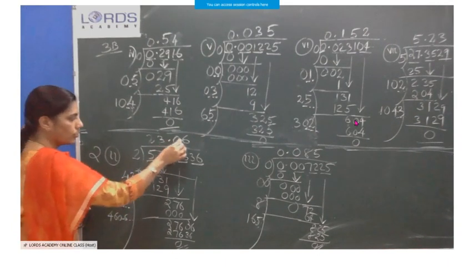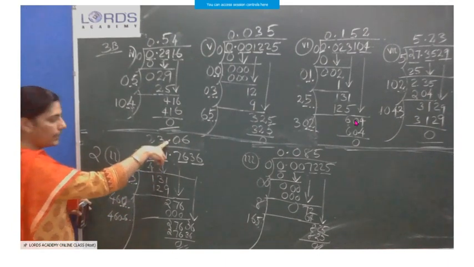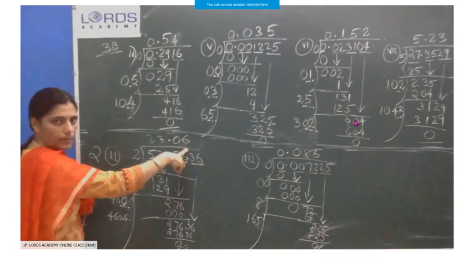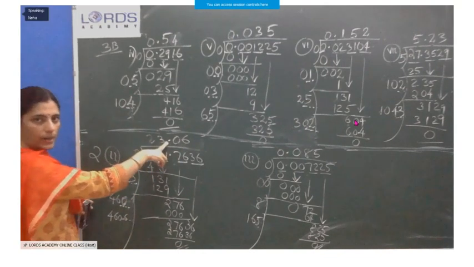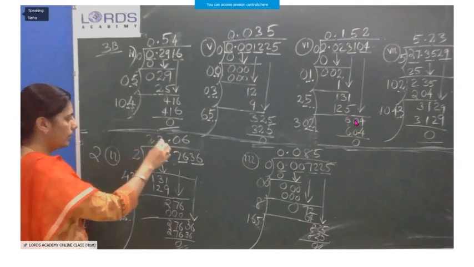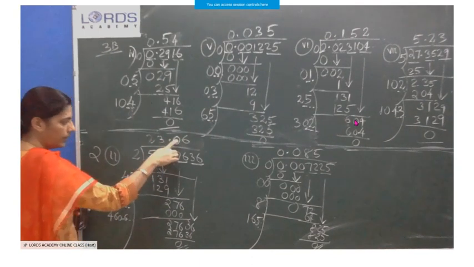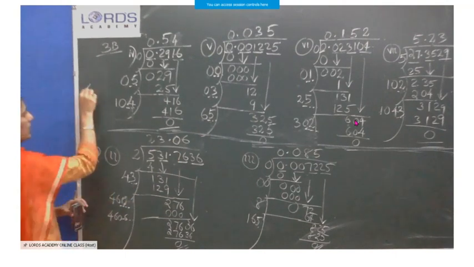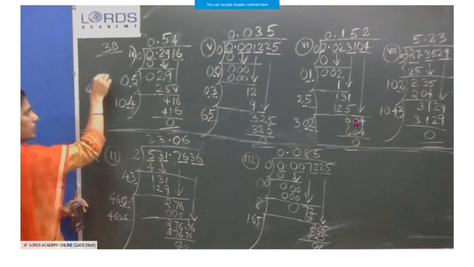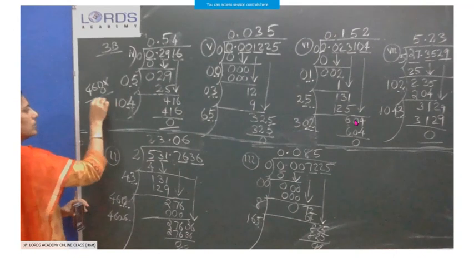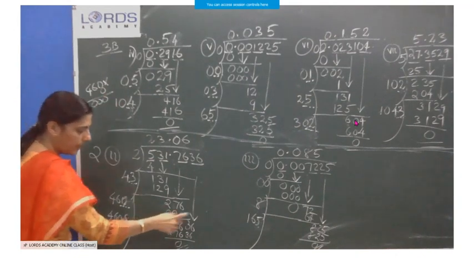That 0 here also. Don't forget to keep the decimal that you know. When you enter the decimal part, that time you will keep the decimal only in the quotient. Okay. Here nothing is possible. 0. That means 4, 6, 1 not possible. 0 into 0 only possible means 0, 0, 0. That 0 only I wrote here. Clear?